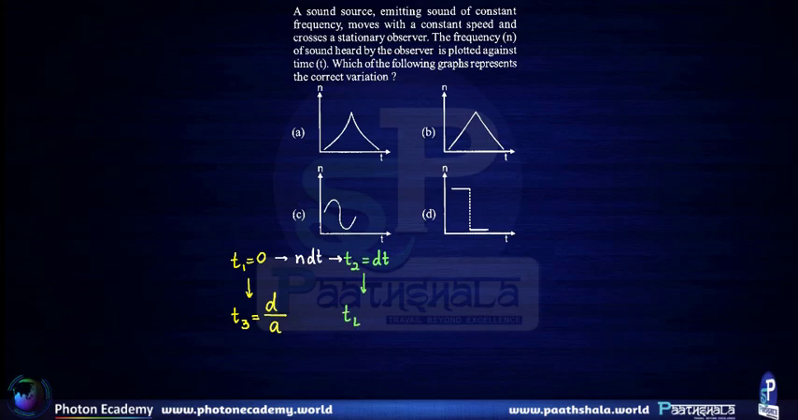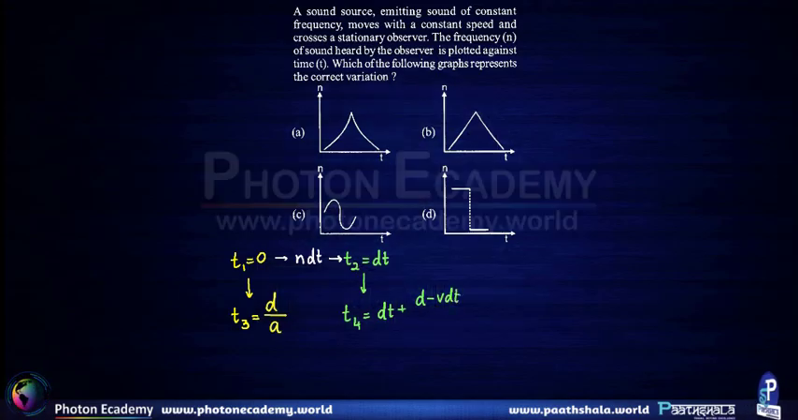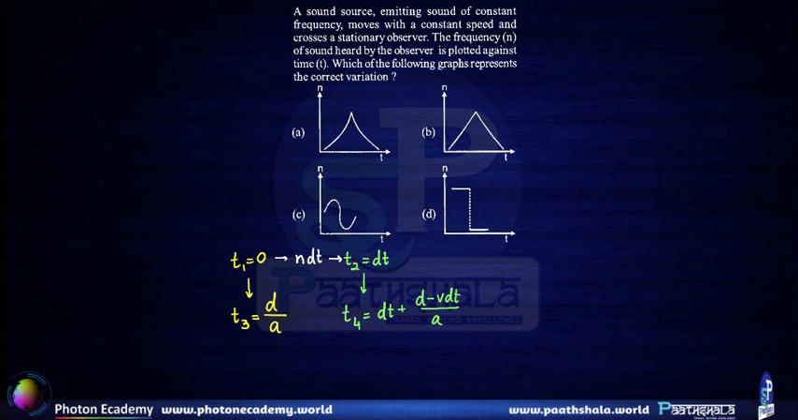Similarly, at t4 equal to dt plus (d minus v dt) divided by a, the final sound wave would reach the observer. Why is there a delay that is shorter than the previous case? Because some distance has been reduced between the source and the observer. So now we have a time difference delta t of dt into (1 minus v by a),